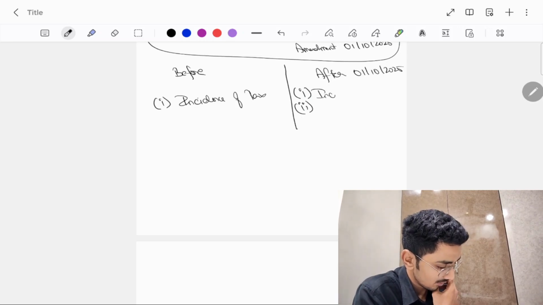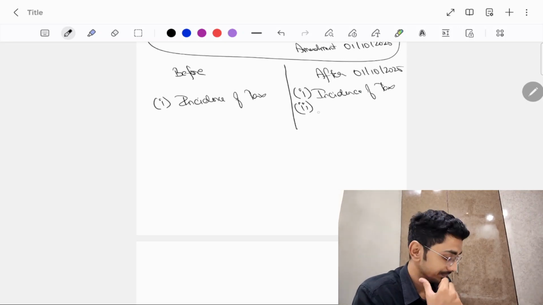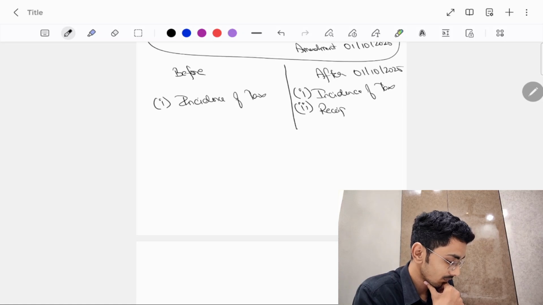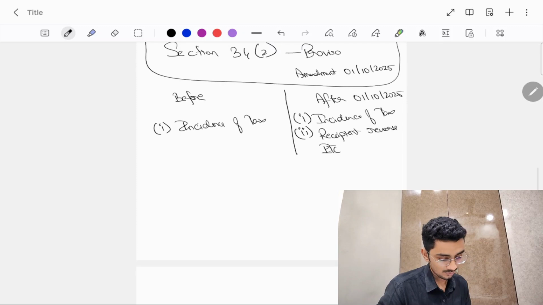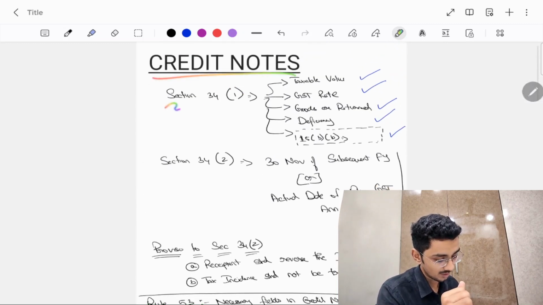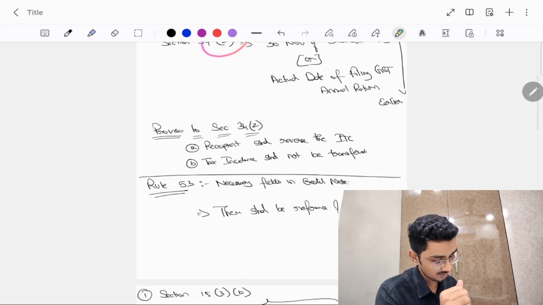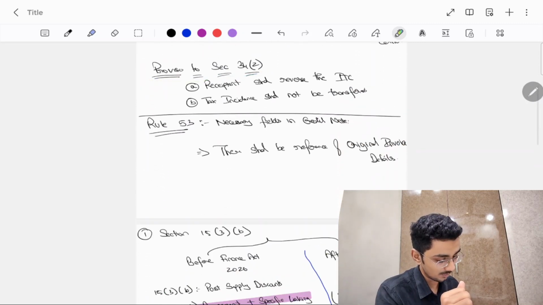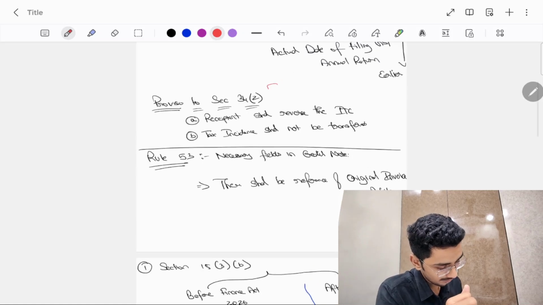One is incidence of tax, and the second one is recipient should reverse the ITC part. Now this was after I have given you the revised information in the above explanation, because while I was explaining credit notes, section 34 subsection 2 and the proviso, I have given you two conditions. The first one was recipient should reverse the ITC and the tax incidence should not be transferred. Now here I can just write it over here stating that